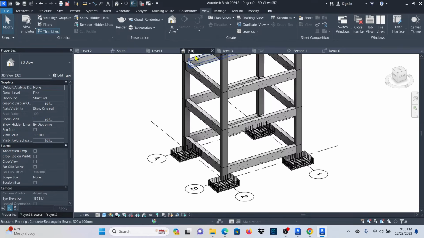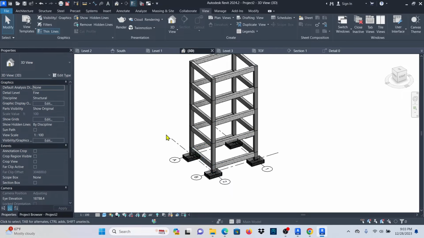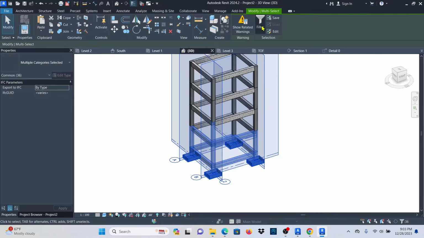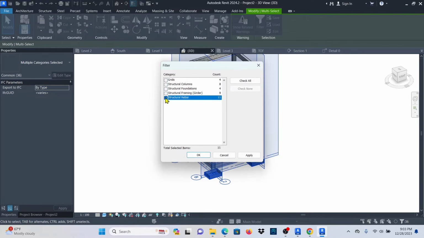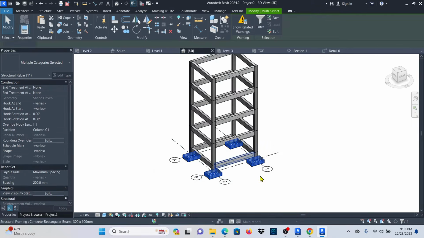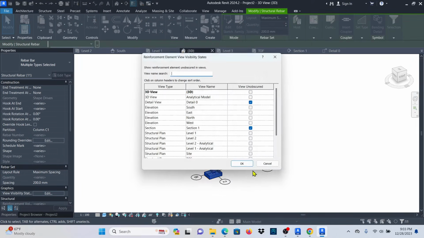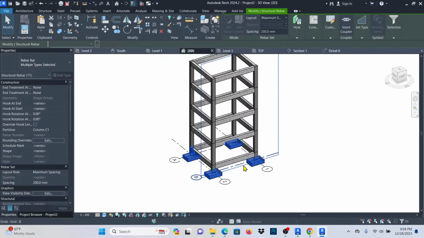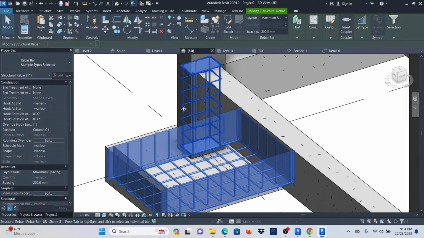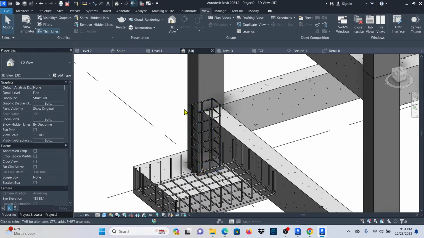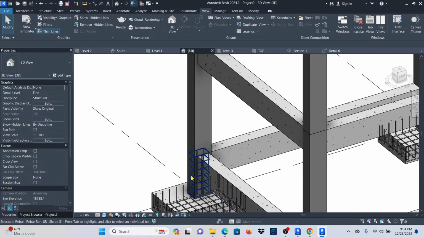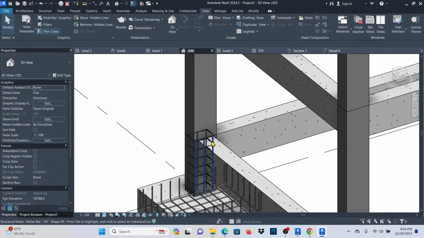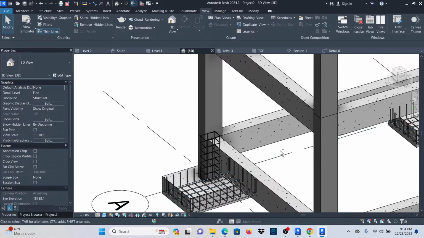If I just go to my 3D view, let me try to select everything from here, then filter, check none, structure rebar, apply, okay. And now I can change view visibility states to 3D view, apply, and you see that I have the bars on this column. All right, now what I'm going to do is to make sure that I